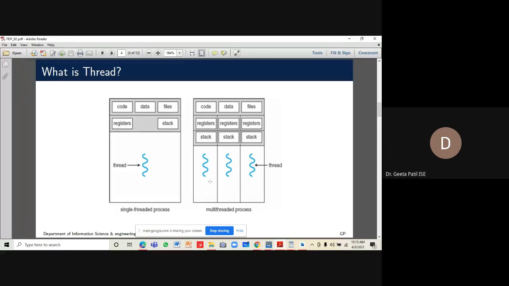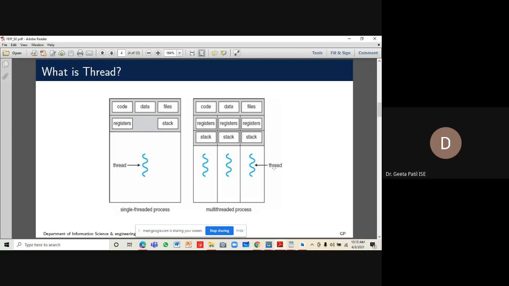Right? So when a new thread is created, the resource requirement of that thread is less. And hence, we say that a thread is a lightweight process. Since the resource requirements are less, the time required to work with threads is less. I mean, like the scheduling of the threads, when the processor switches from one thread to another thread, the overhead in this context switch activity is less. That is why threads are preferred.